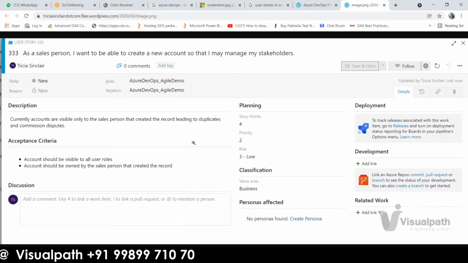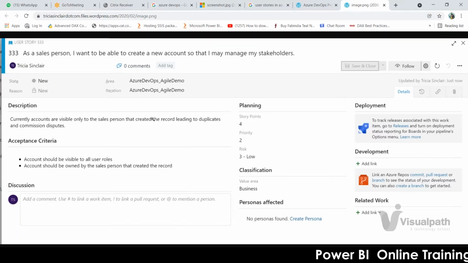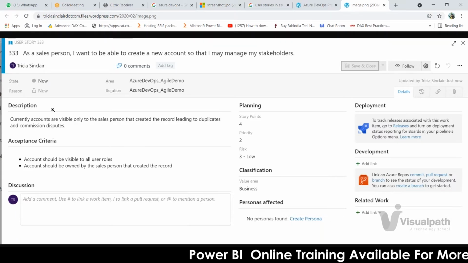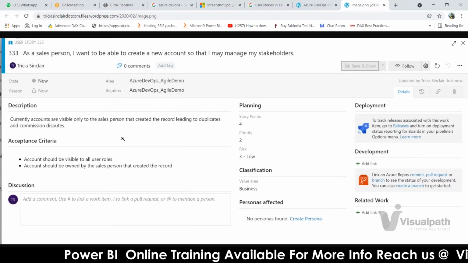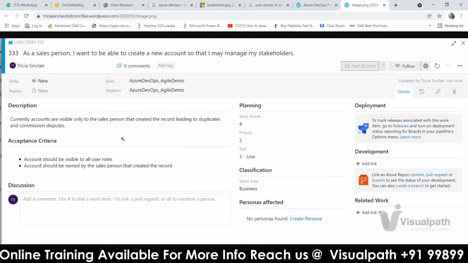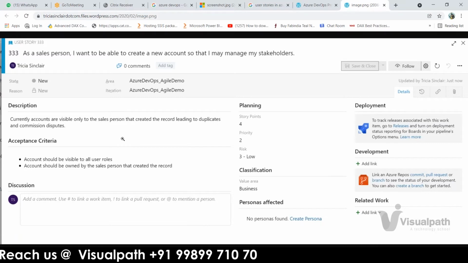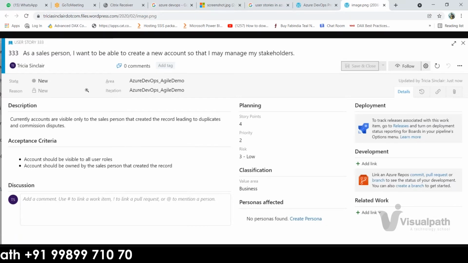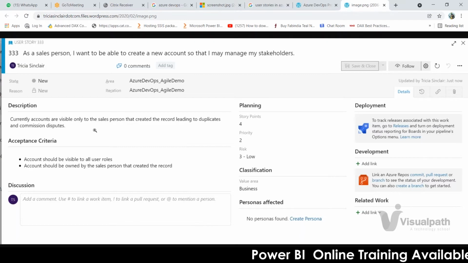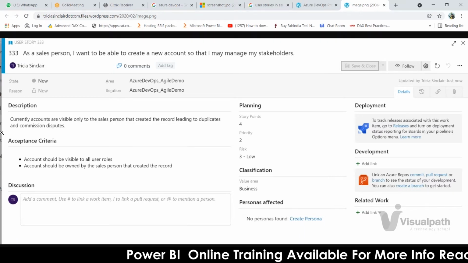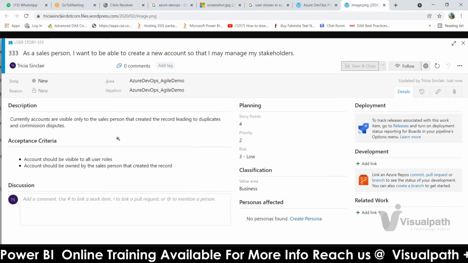If your team lead also feels, okay fine, this description is very hard to understand, we need more clarification or more information to develop this particular user story, then your team lead will assign a call with the business people, the production people, the product owners, and the story creators, whoever is involved in this project from the business. In that call you or your team lead will ask the business people about the requirement, and they will explain for your questions.